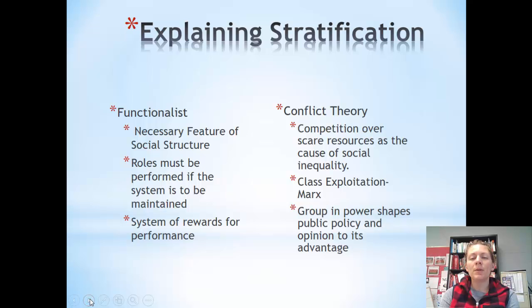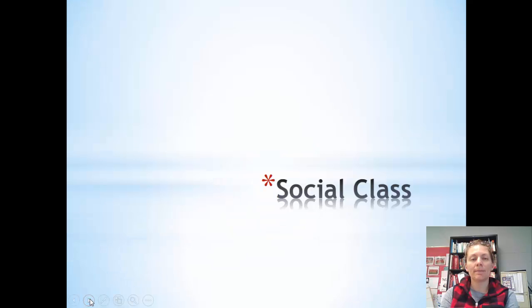The conflict theory, though, would look at the issue of socioeconomic class and race and look at how that comes to be out of competition, all right, where it is competing over scarce resources, whether it be power or a natural resource. And so therefore, one group, okay, takes advantage of another group. They exploit a certain class. So maybe the rich taking advantage of the poor, or whites taking advantage of Latinos. All right, so the group in power shapes both public policy and the opinion of others in the other groups, okay, whether we're looking at race or socioeconomic class.